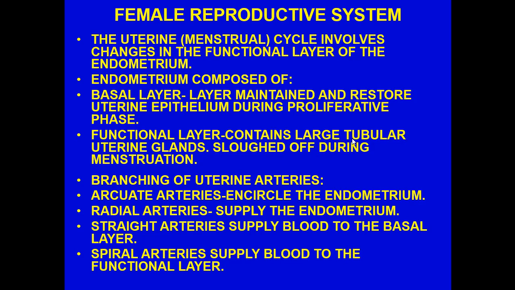And during menstruation, usually what happens is when you start having the crash in the estrogen and the progesterone layers, particularly progesterone, the spiral arteries will begin to spasm, and they will eventually choke off blood supply. And they're going to basically pinch off, and you're going to lose the tissue, but you will also lose some